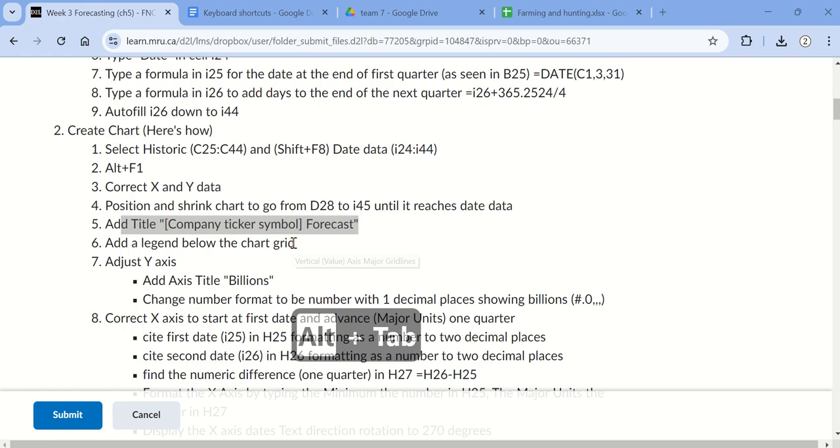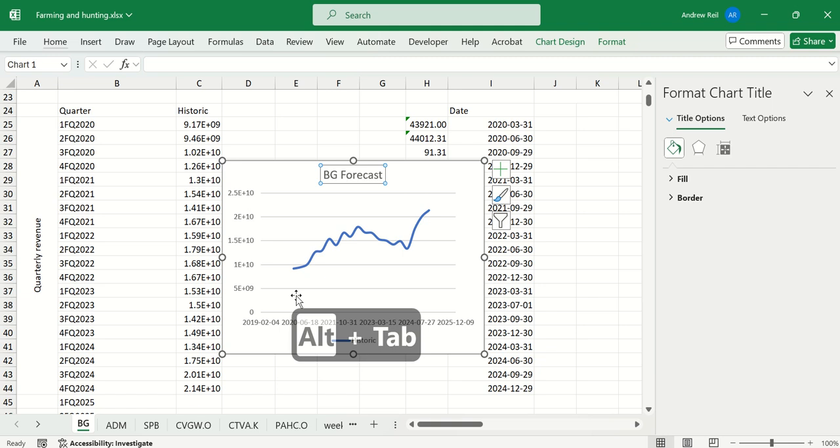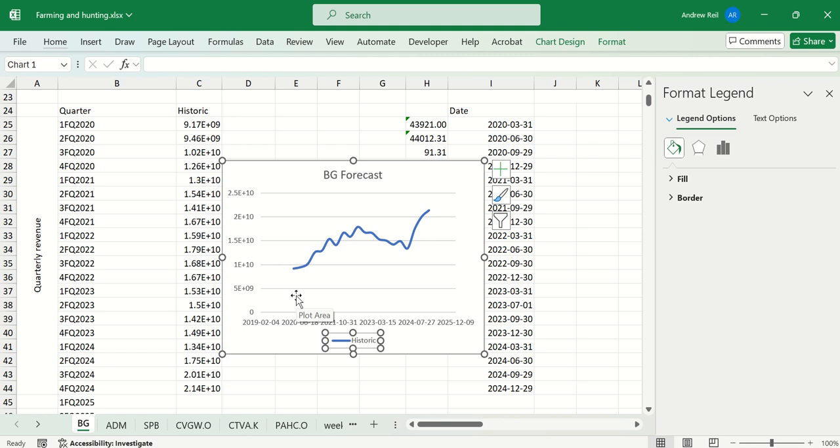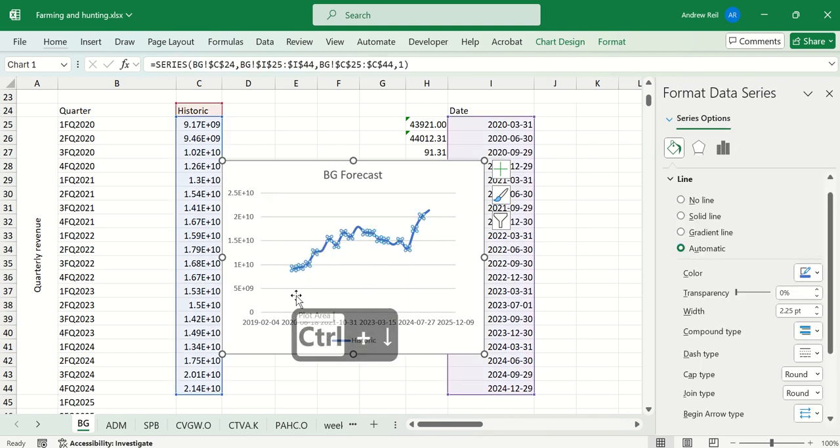Great. And then the next thing is I want to add the word billions to the y-axis title. So I'm in the axis right now. I'm on the title of the axis. If I hit tab, I'm kind of stuck where it is. I can't seem to get to it. Okay, so I'm just going to escape out,